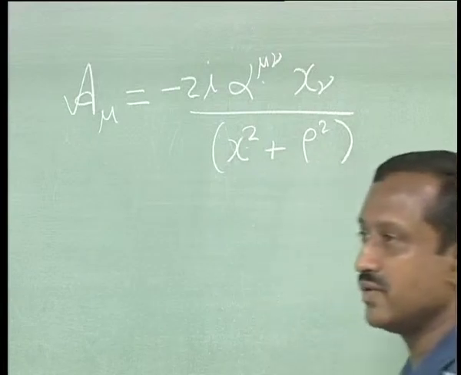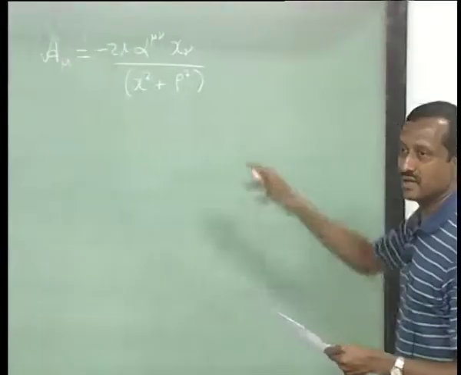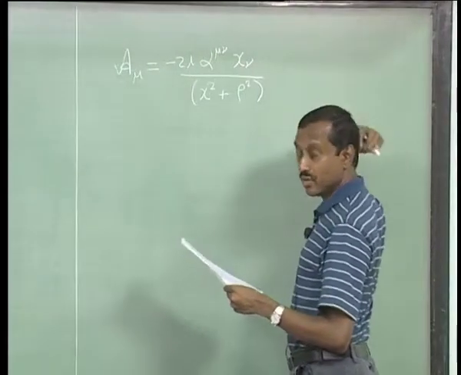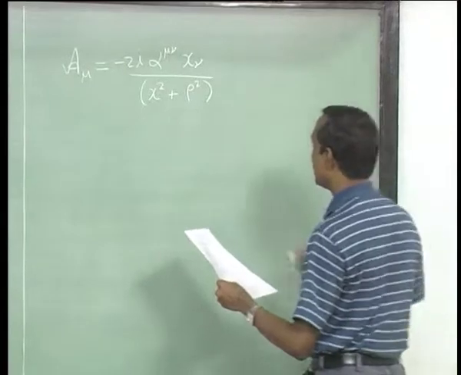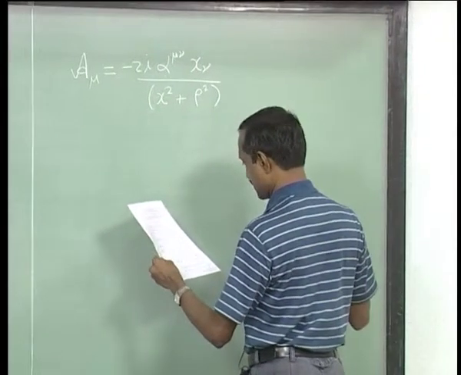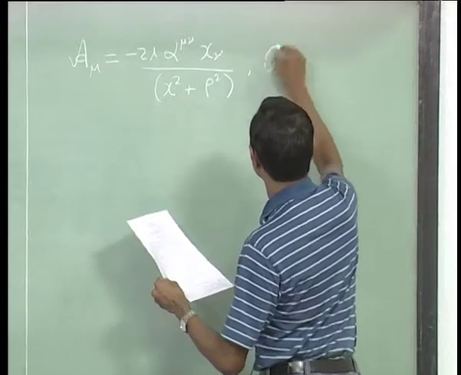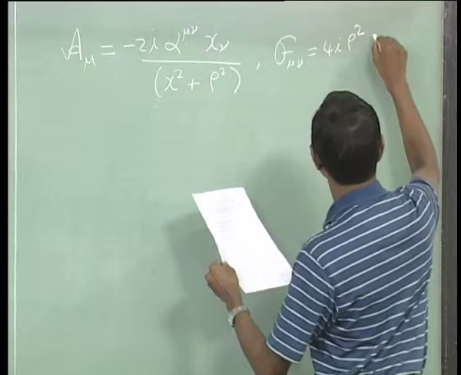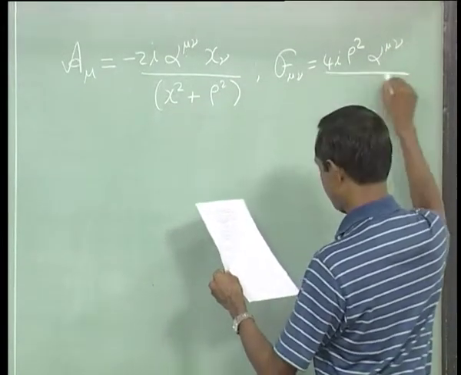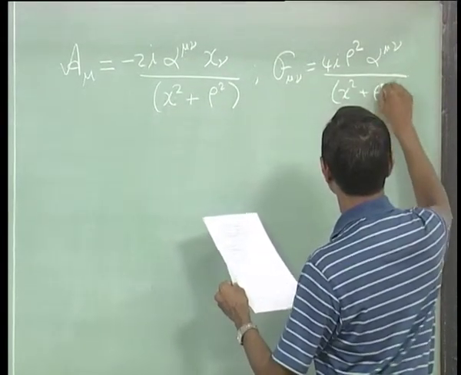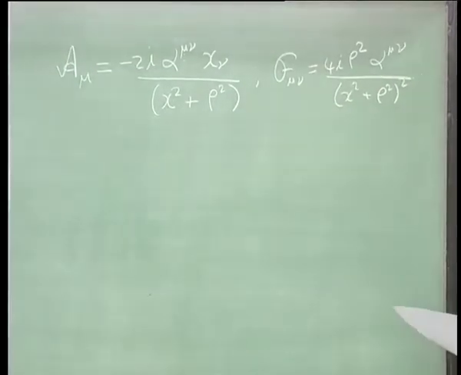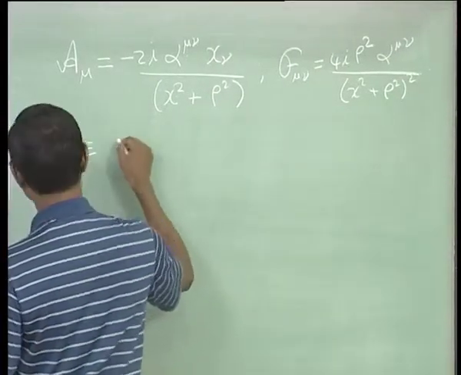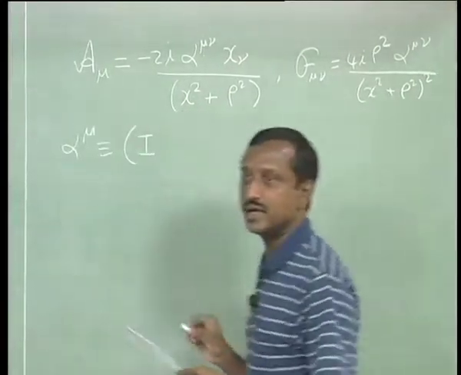No, I will call it x square, you will see why, because I want to shift and things like that, then thinking of it as x square is sensible, and of course mu nu goes from 0 1 2 3 4 1 2 3, okay, and f mu nu for this looks like 4 I rho square, okay. So alpha 0 is just identity, and